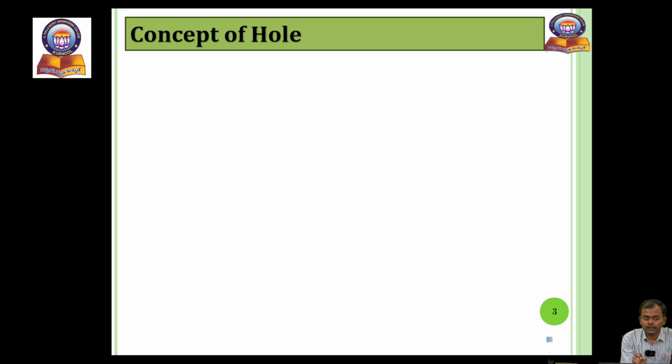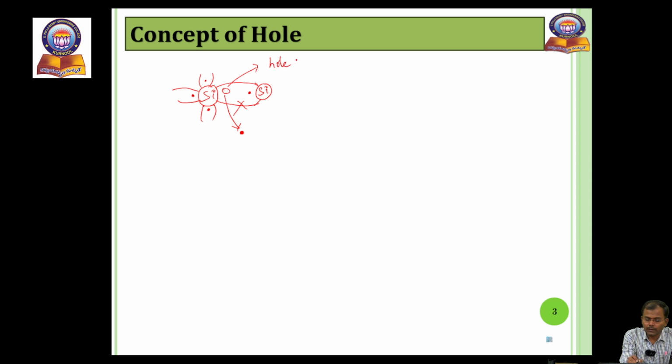And then we specifically discuss what a hole is. If I take one silicon atom, it has 4 valence electrons. They will form covalent bonds with the neighboring 4 silicon atoms. This silicon atom shares one electron with another silicon atom, so they form one covalent bond. Whenever we supply thermal energy, this covalent bond is broken, so this electron will become free. That electron comes out of the covalent bond, and here it will create one empty space,